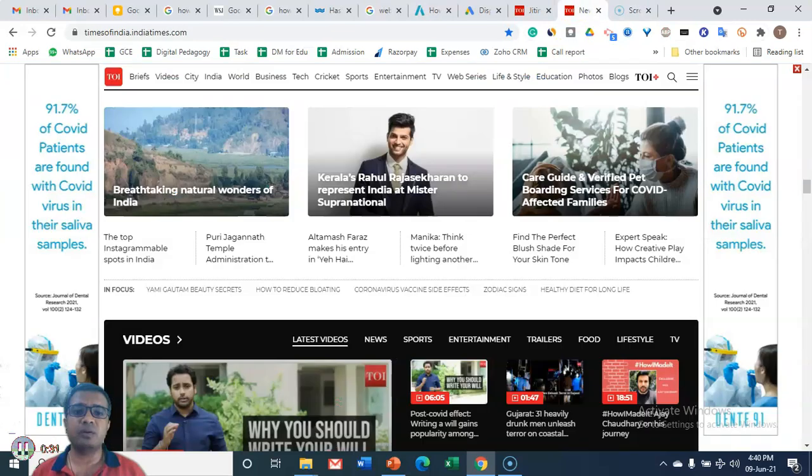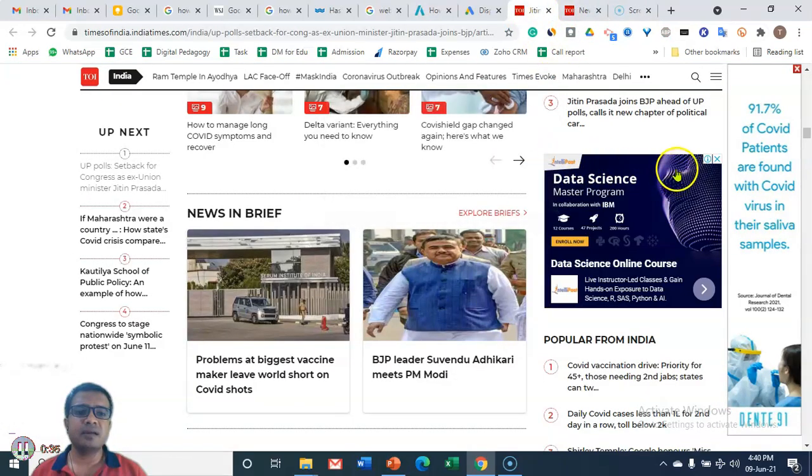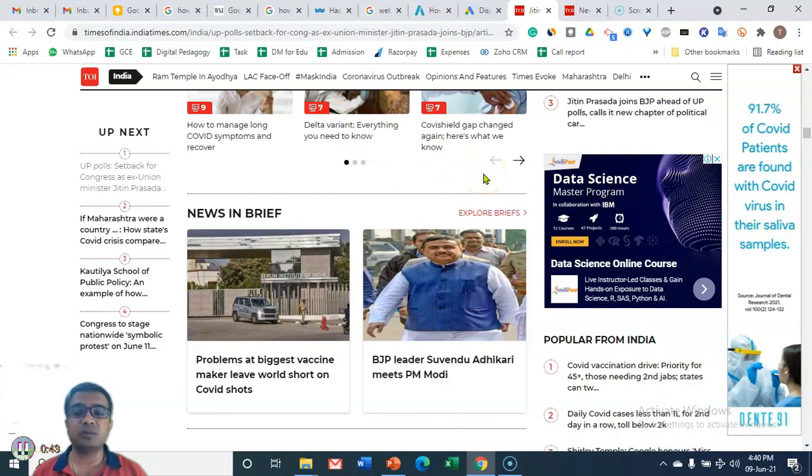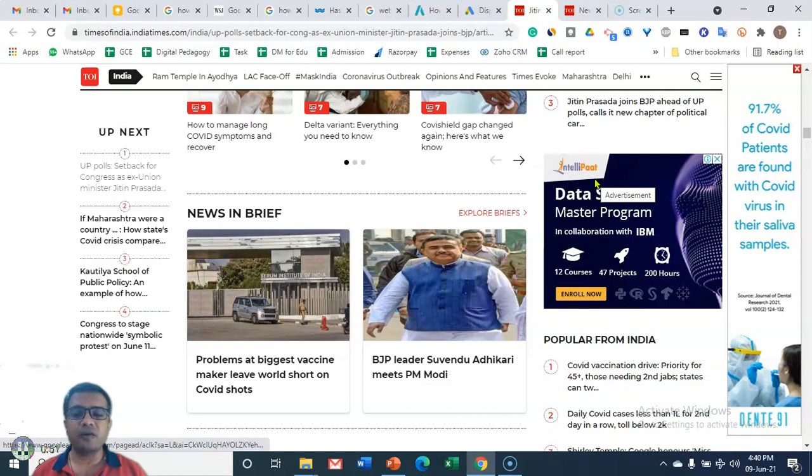Here I am on the Times of India website, and we can see a couple of ads, this one and this one. Why am I seeing these ads? It is because somebody is targeting me with the help of Google Display Ads. Possibly, a couple of days back I was searching for data science courses, or I visited a couple of websites on data science.